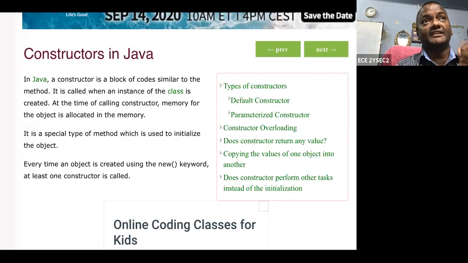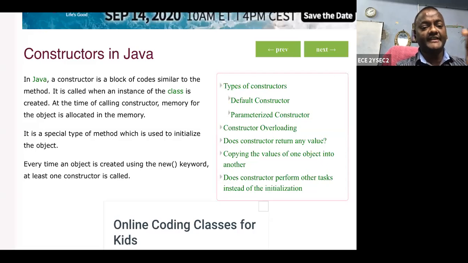To access those attribute values, either the user can create a method called a constructor, or the system can create it. So to access the attribute values, we can use the constructor.